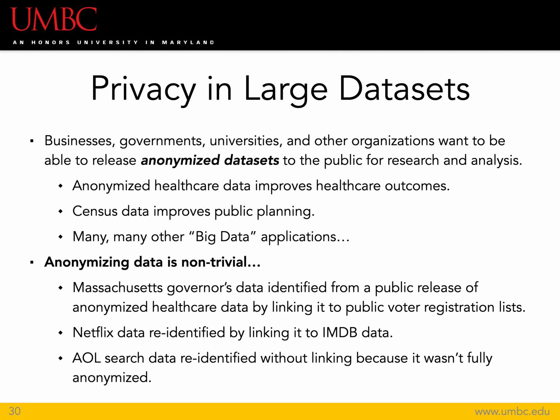data set that I want to talk about is the AOL search data that was released. Importantly, this is one that did not require linking to other data sets for individuals to be re-identified, because search data itself is often inherently identifiable. So for example, if you were searching for directions to get back to your house from some store that you went to, that's not going to be possible to anonymize, right? You can't remove the address, the personally identifiable information, from that search data without literally removing that entire piece of data. So it's very difficult to anonymize data sets in general, and many, many particular examples demonstrate how problematic this sort of thing is for large data sets.